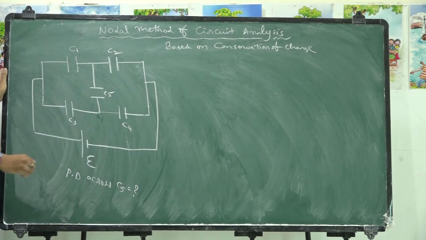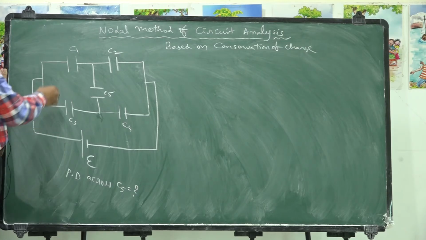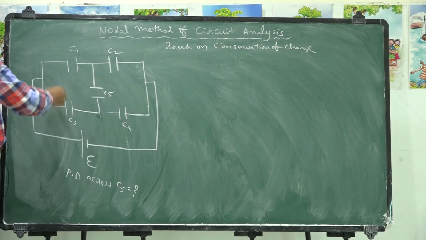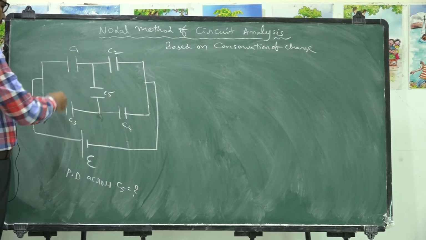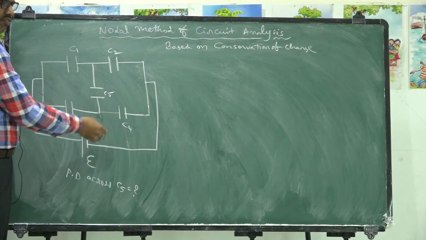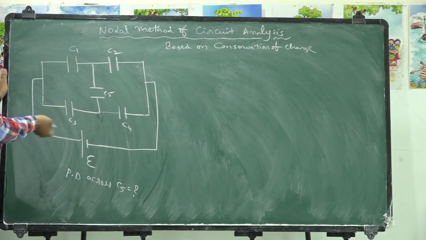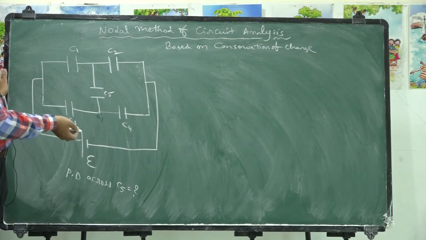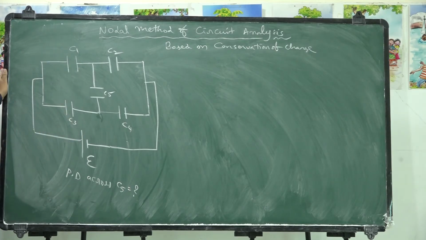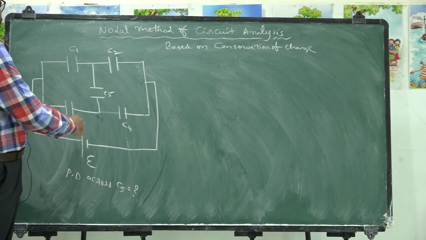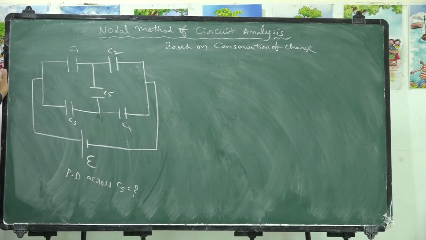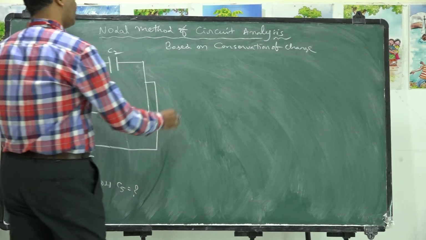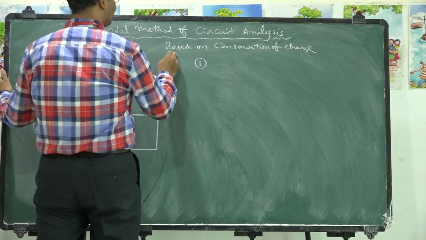This is the question. So to solve this question, generally we take some loop law, junction law, and we find the distribution of charges, and applying the loop law you will get equations. On solving equations you will get the result. That is the general procedure. By applying Kirchhoff laws you will get the required result. But the same application of Kirchhoff laws we will do in a different method. This nodal method of circuit analysis involves three important steps.